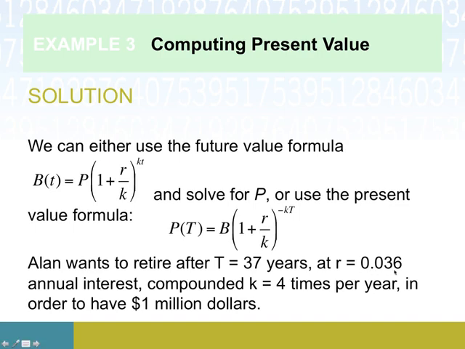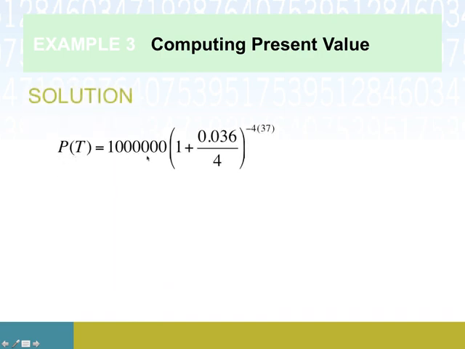Then the nominal annual rate that we were given was 3.6%, compounded quarterly, so 4 times per year. And then the goal is an output of $1 million. So this is actually the B portion of either one of these equations. Okay, so this is using the present value formula. But again, we don't actually have to use this if we don't want to. So here is B, the final value that we'd like to end up with,